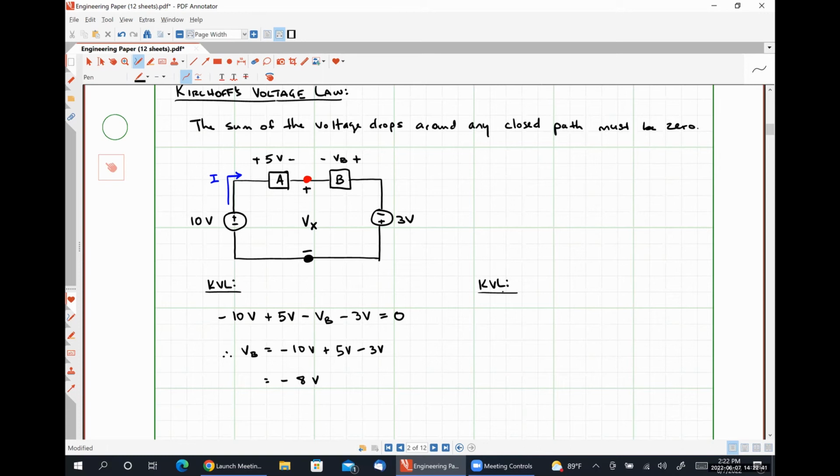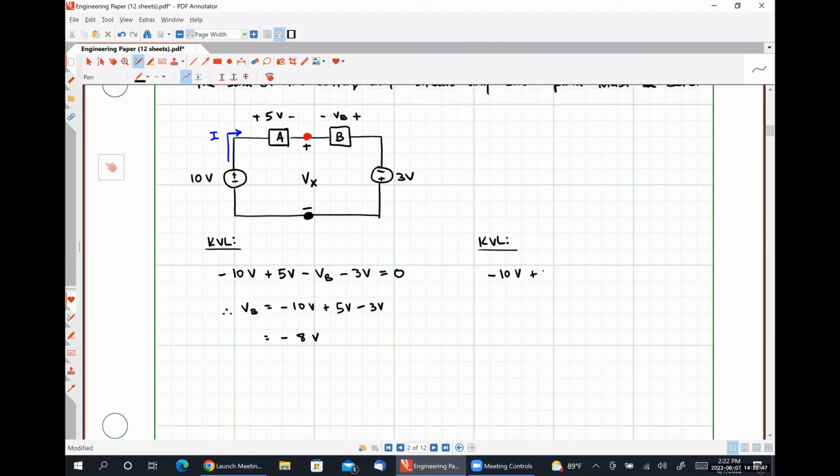We see the negative polarity terminal of our 10-volt source first. Then we see the positive polarity terminal of our 5-volt source. And then we see the positive polarity terminal of our voltage Vx, and we have returned to our original node of interest. We can solve this then very easily and see that Vx is equal to 10 volts minus 5 volts, which is